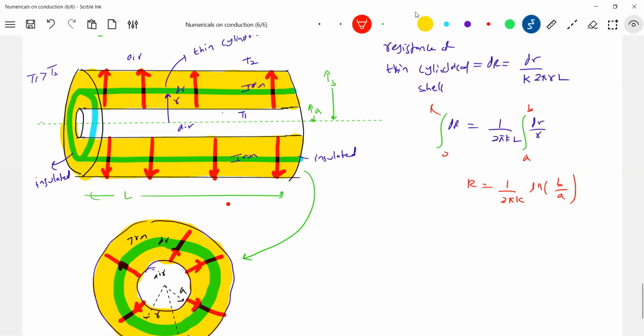If K varies, if K varies along radial distance, then what you're going to write? That variation k equal to k naught r, k equal to k naught r square, or k equal to k naught by r, whatever k you substitute and bring inside the integration, substitute that variation and solve it. Okay, k can be constant or k can be variable. Getting the idea? If k variable, bring that here.